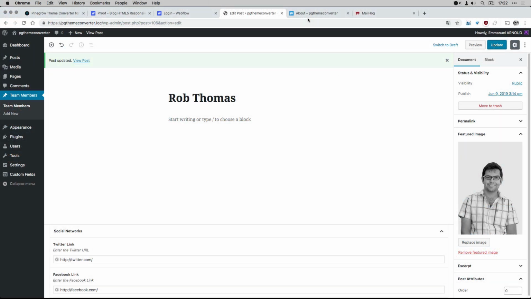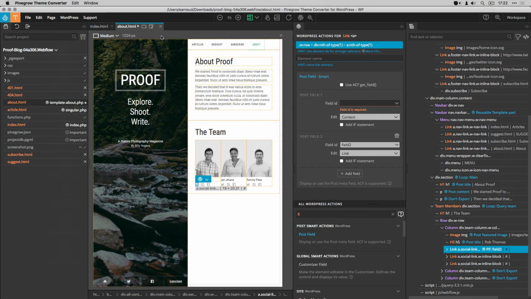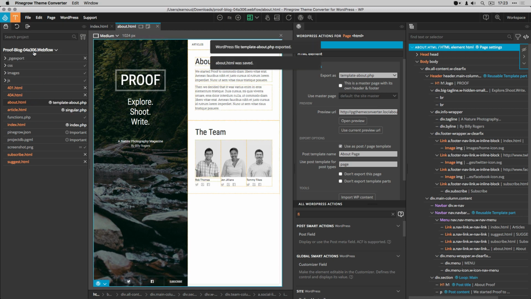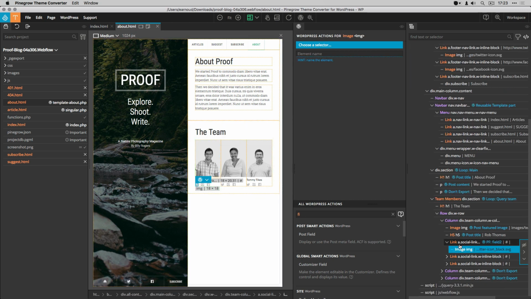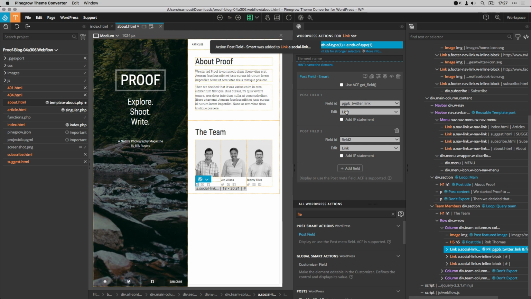Back to my local WordPress, I copy the page URL. Then, from the page settings, I paste the value. I save and reload my page. Now I can add the post field action to my link. And I'm now able to update the field list. I set up my Twitter field,